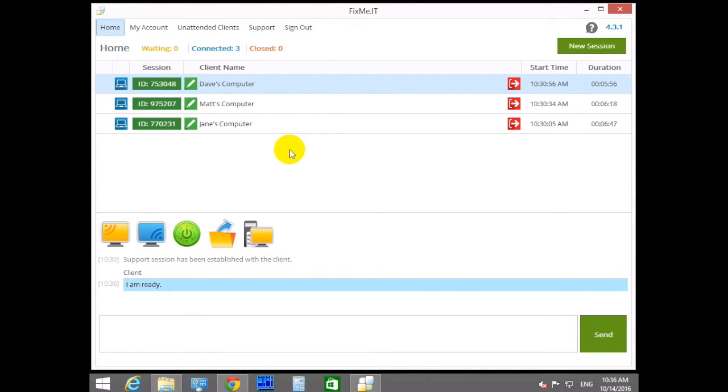Note that as soon as you switch to another support session, any running drag and drop or copy and paste operations will be cancelled, and any remote control or view operation will be paused. However, both send file and local control or view operations will continue running in the background.